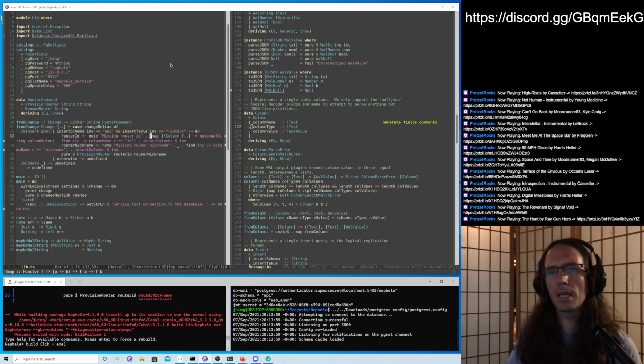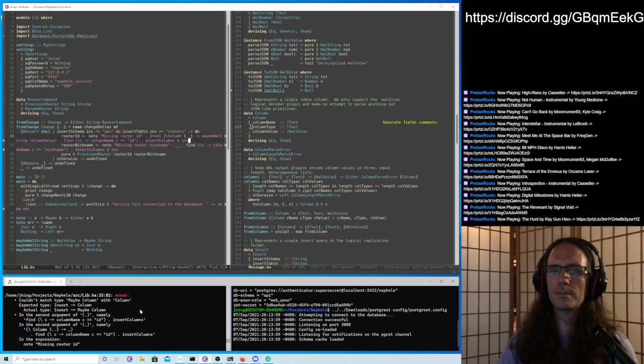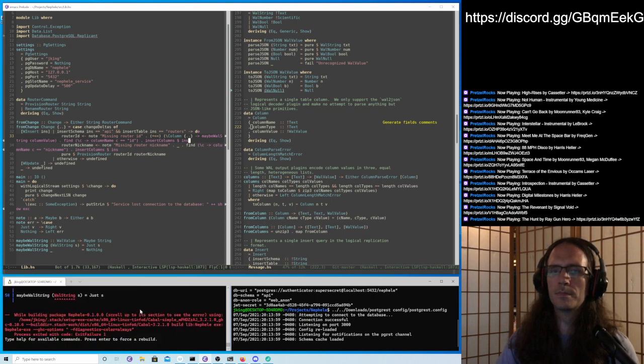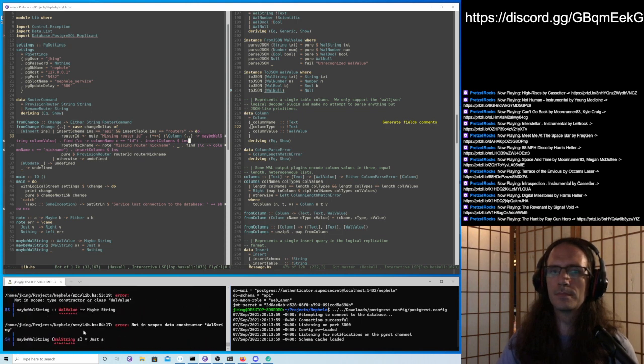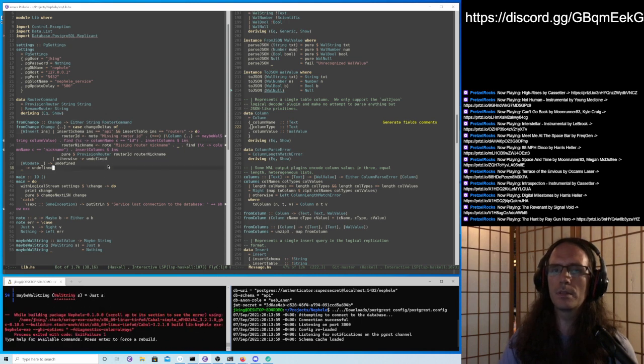Can we concatMap? Reverse fish. Rocket ship. Oh, it's not in scope either. Oops.